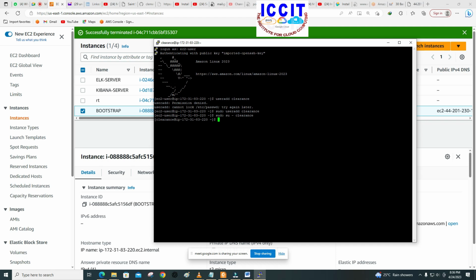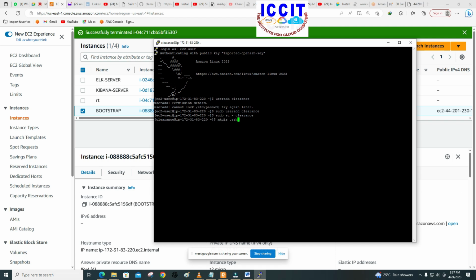Now, since I am seeing the user clearance here, what should I do? There is a file that I have to create, right? I'm going to create a file that I'm going to use in order to link my key pair to that user so as to give the user the privilege to have access to the computer. So I'm going to create a folder called .ssh. We still remember how to make a folder, please, not a file, a folder. mkdir